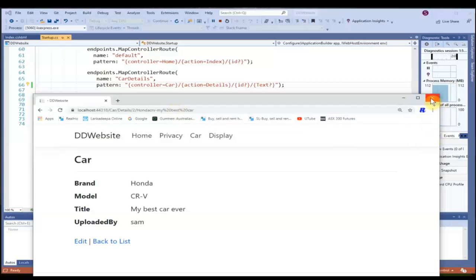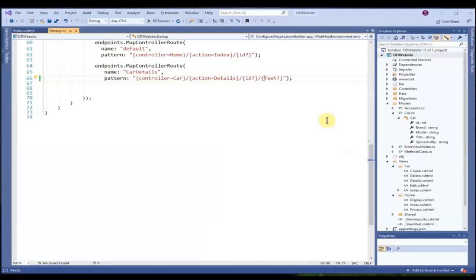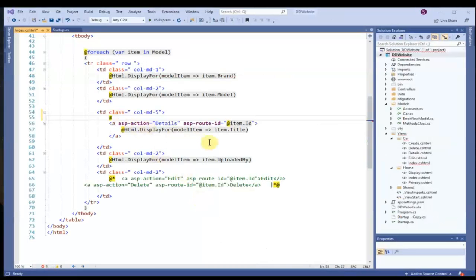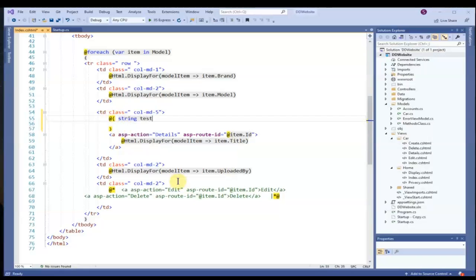Okay, and let me see how we can bring that up. So we will modify this to create a special text variable. Once you start with the at symbol and the curly brackets, we can write C code. So we'll say string text equals, we will get